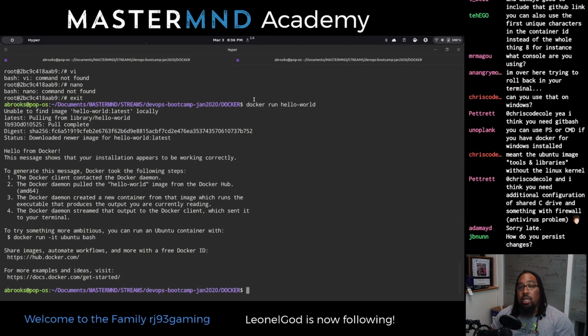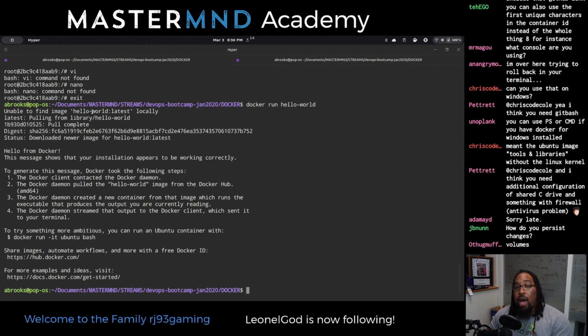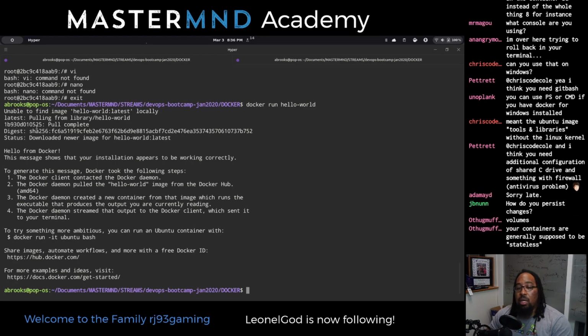If you do a Docker run and specify an image that you do not have locally, Docker will actually say, all right, I don't see this image locally. I'm going to check the registry that you have set up, which is hub.docker.com, and I'm going to go ahead and pull it. So it will pull that data. So you could actually do Docker run Nginx or whatever without pulling it first. And so it ran.